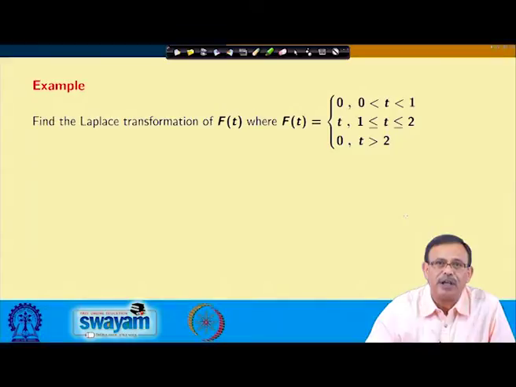The next example, let us take f t, a function where f t equals 0 when t lies between 0 and 1, it equals t when t lies between 1 and 2, and for t greater than 2 it is 0. So, the Laplace transform of f t, which you write as 0 to infinity e power minus s t into f t dt. Now, the function is defined in 3 intervals: 0 to 1, 1 to 2 and greater than 2. So, I have to break this